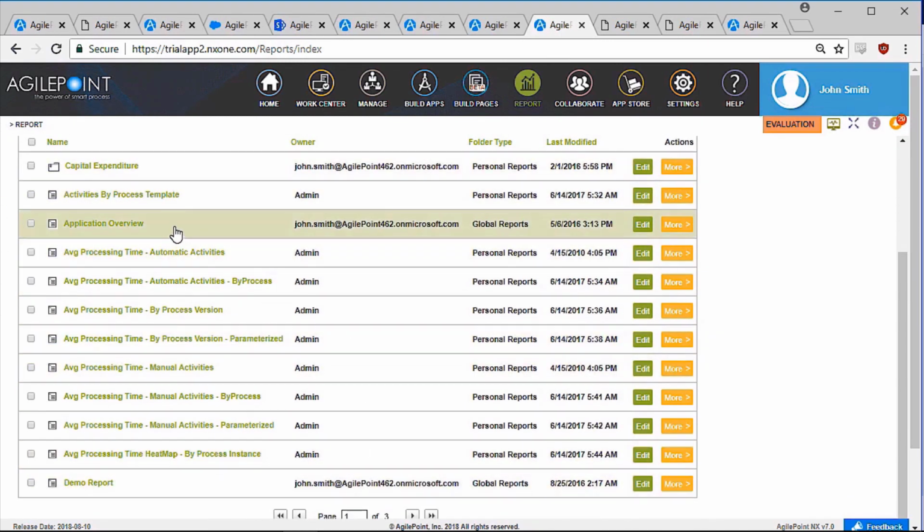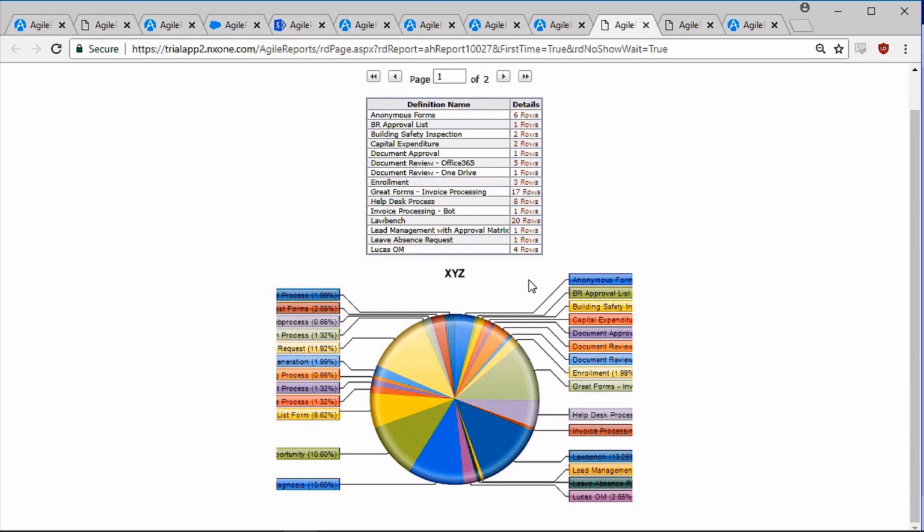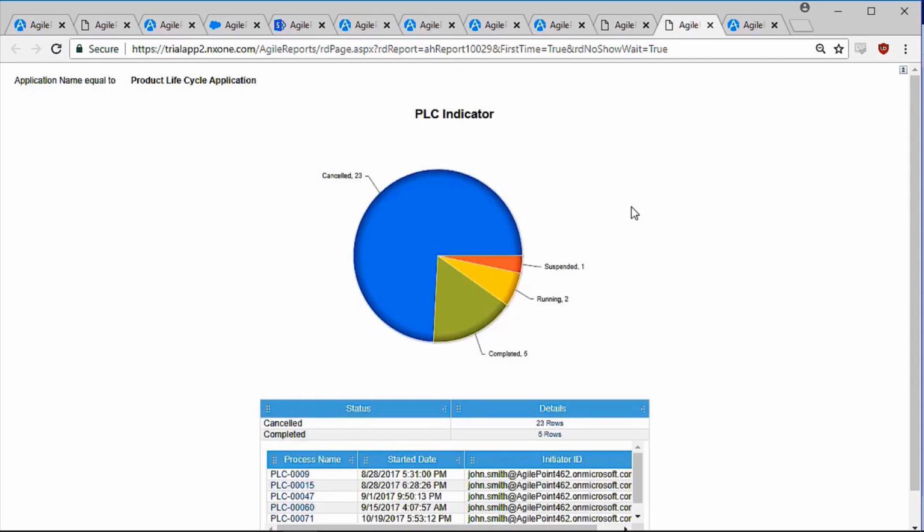Right, so here, everything under average processing time is all an out-of-the-box report. But just to give an example of what this can look like here, AgilePoint provides more than 10 visualization styles, right? So you can really select the visualization type that best represents your data, and then push this out to your organization to be viewed on a role basis. Right? So it's very secure, and as we mentioned earlier, can be made available in multiple different areas, right? Things like SharePoint, the AgilePoint portal itself. I've seen these surfaced in Salesforce, right? Many different places that these reports can be consumed, and consumed in a way that's in accordance with